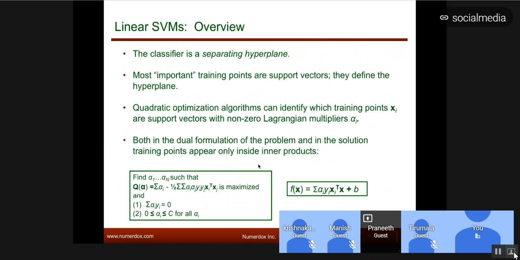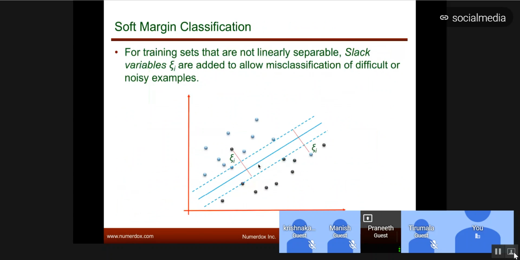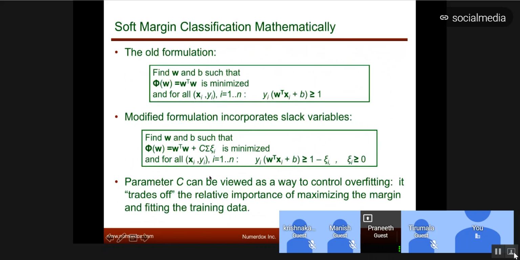Now the cost variable is basically allowing for how much slack you can allow for. So that's the cost variable, because in SVMs, as you work through your assignment, you have cost and gamma. You're trying to maximize the margin while making sure you know how much cost you are willing to give in terms of the slack that you're allowing for. So if you need to allow for more slack, which means reducing the complexity of your fit, because you don't want to overfit, then you want a bigger slack. If you want to increase your complexity, you want to allow for only smaller slack. So that's your cost variable.